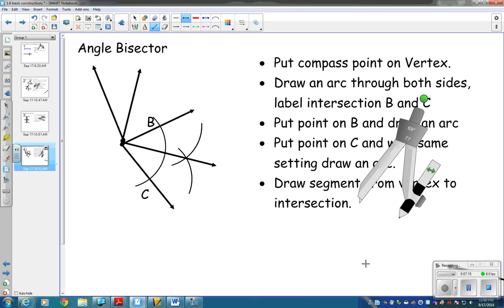All right. So does anybody have any questions at all on the constructions? So those are the basic constructions that are in this section. All right. So go ahead. I'm going to stop the